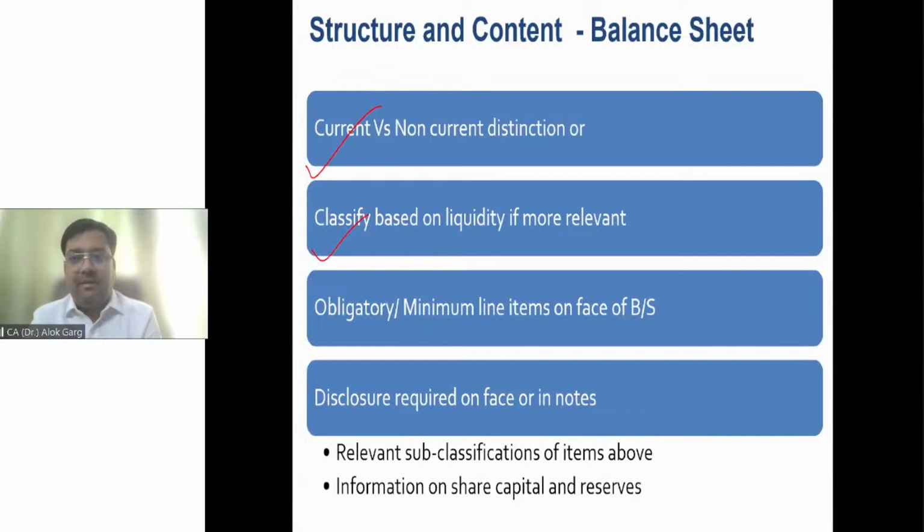Then your fixed deposit will come, because whenever you go to the bank, you can mature the fixed deposit. Then probably your shares will come. Then your bonds will come, right? Then your debtors will come, right? Then your fixed asset will come, because realizing the fixed asset will take time. Okay. So liquidity means the highly liquid item will come first, and then the other items will come on the basis of their degree of realization, right? So friends, if I talk about NBFC companies,